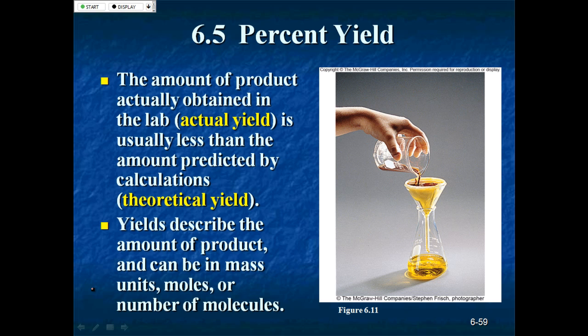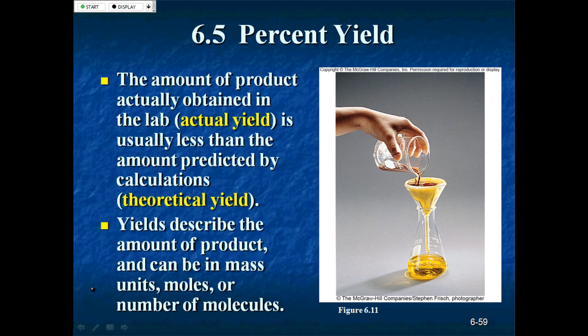But what if you do the same experiment in lab? Like you started with 10 grams of nitrogen, 10 grams of fluorine, you conducted the reaction, and you took the mass of the product that you obtained in the lab. Most of the time you will see that what you obtain in the lab is actually less than what you predicted by calculations,